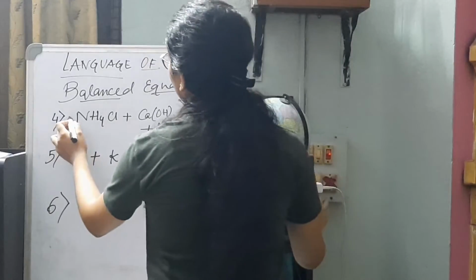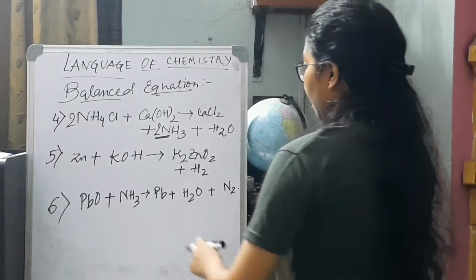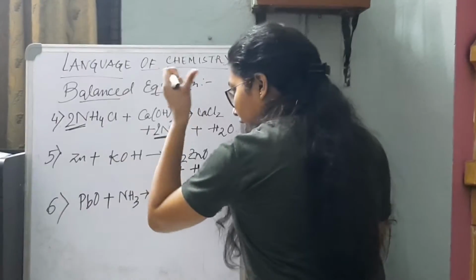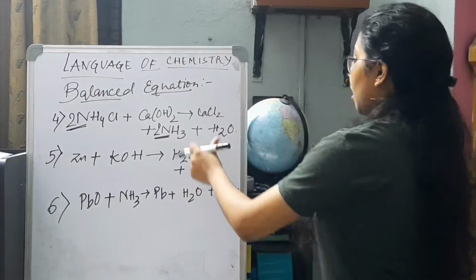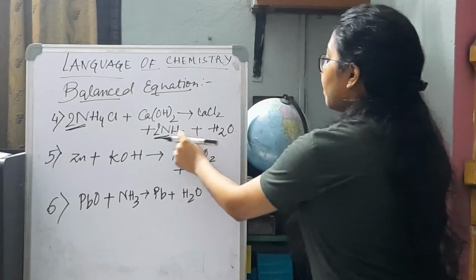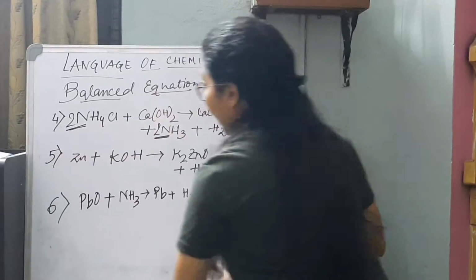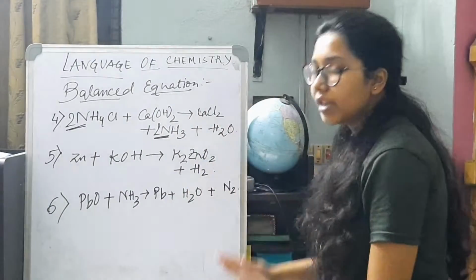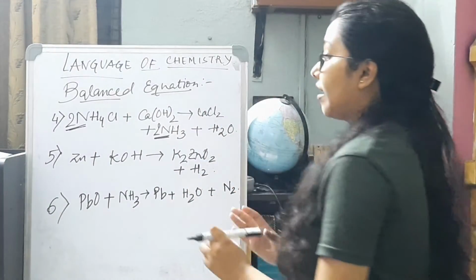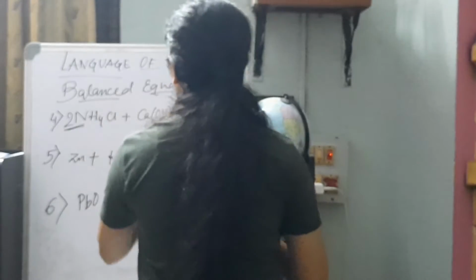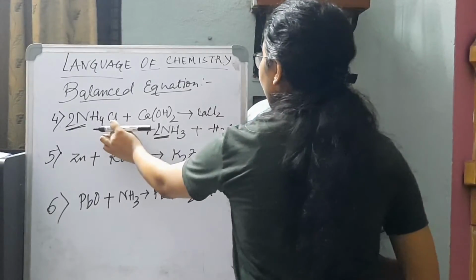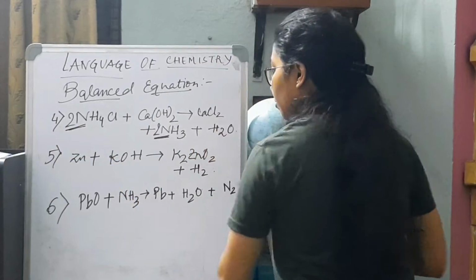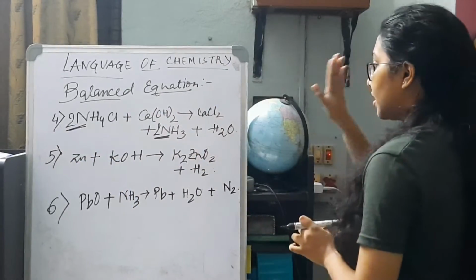So we can easily multiply this side by 2 as well. The moment I multiply this side by 2, nitrogen, nitrogen, equality maintained. Total number of hydrogen, 2 plus 6, 8, 2 plus 6, 8. So nitrogen and hydrogen are equal on the LHS as well as the RHS. Now for chlorine. When we compare chlorine, it is also equal, Cl2. So chlorine is also done.